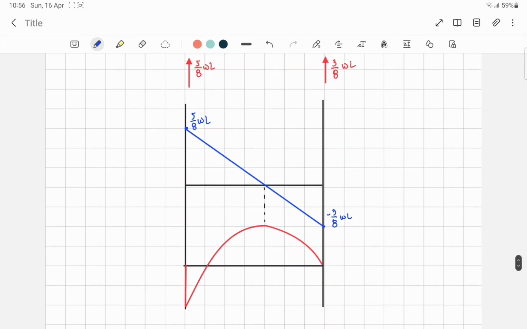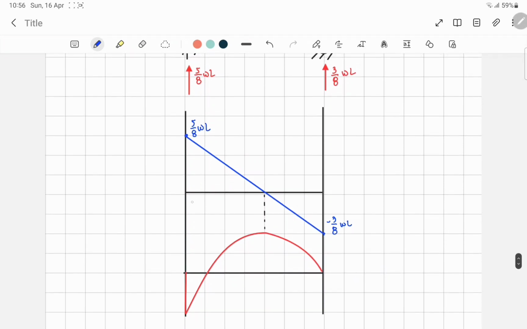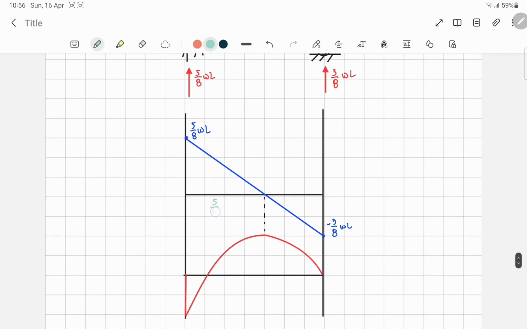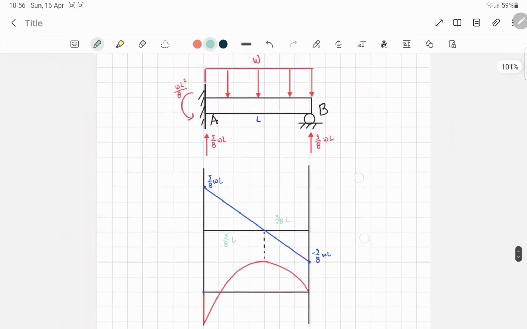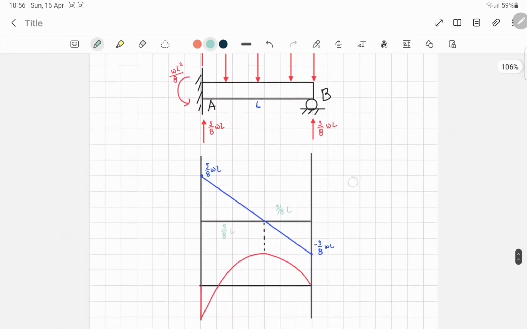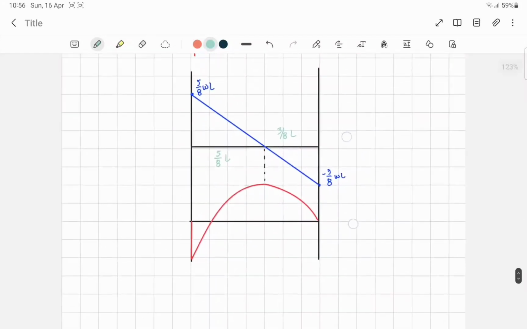Okay? So, solving naman for the length of this part, simply, this is just 5 over 8 times the length. So, this part naman, 3 over 8 L lang. Okay? So, very basic lang kapag nalaman natin siya for common types of loadings lang. Okay? And then,